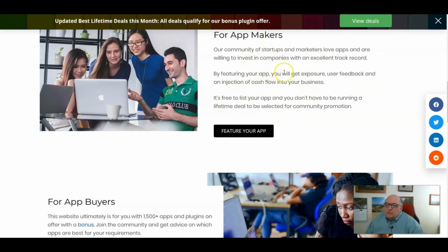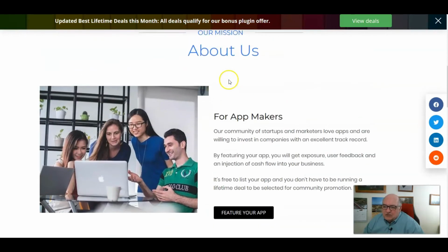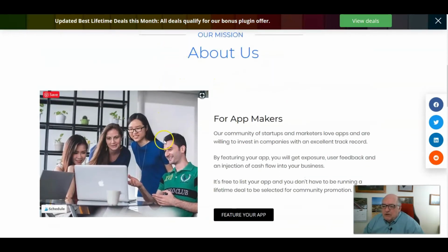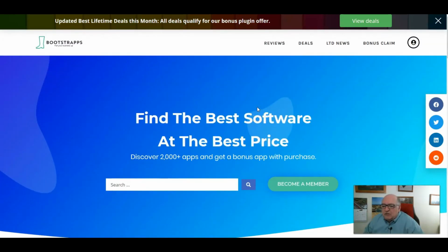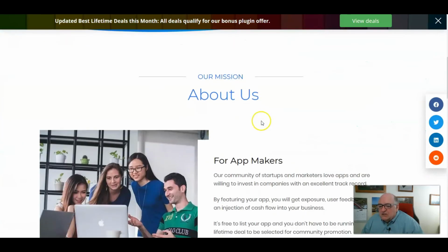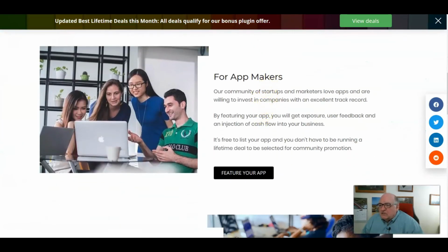They also are looking for new people. If you're an upcoming developer, they want you very much to feature your app on their site. So the thing is that they're more of an upcomer, and BootStrapps appears to be a place where you can get information up front real quick about things being available quickly, and they'll put you in touch with getting the products and the deals that you're looking for on some of the products too. But again, I would say more on a limited basis than StackSocial and AppSumo.